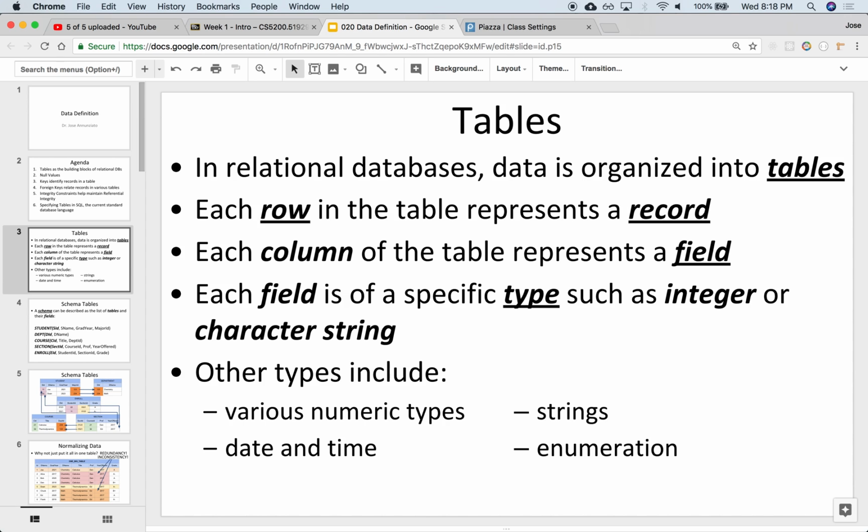So let's take a look first at the data definition. How do we define the structure of the data? As we said earlier, the basic structure of the data in a relational database is the table. It's kind of our bucket of where our data points are going to live. So a table is a collection of data points, and these data points we're going to refer to as records. And then physically